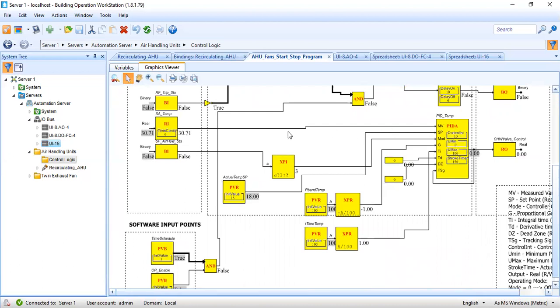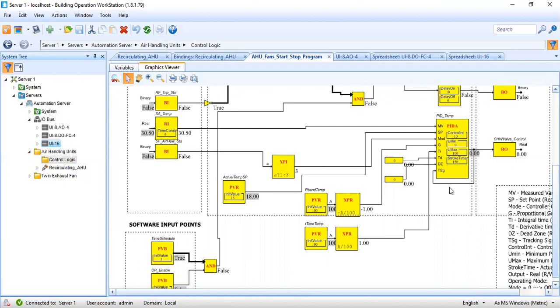Now here, what is important is the measured variable. My measured variable is the supply air temperature. The output of this controller tries to control the temperature by using this analog output to control the valve or the valve operator, so that the final output is the temperature in the area served. That temperature will be fed back to this temperature control so that our controller will respond accordingly.